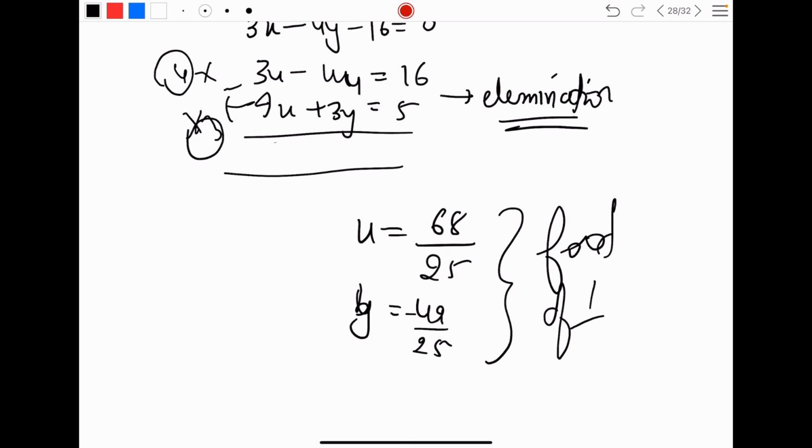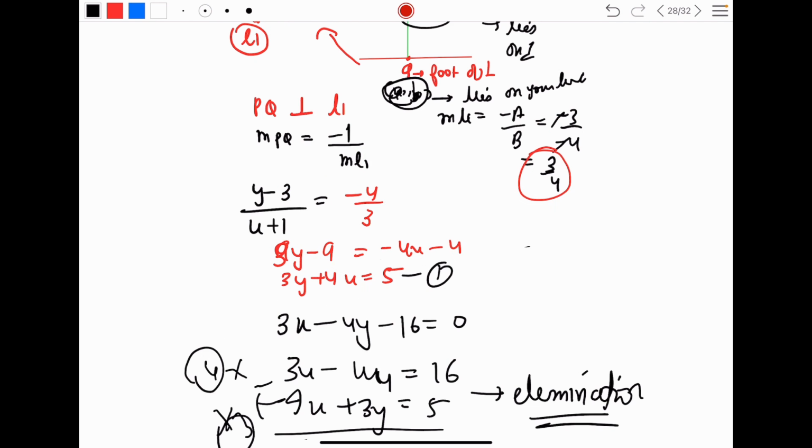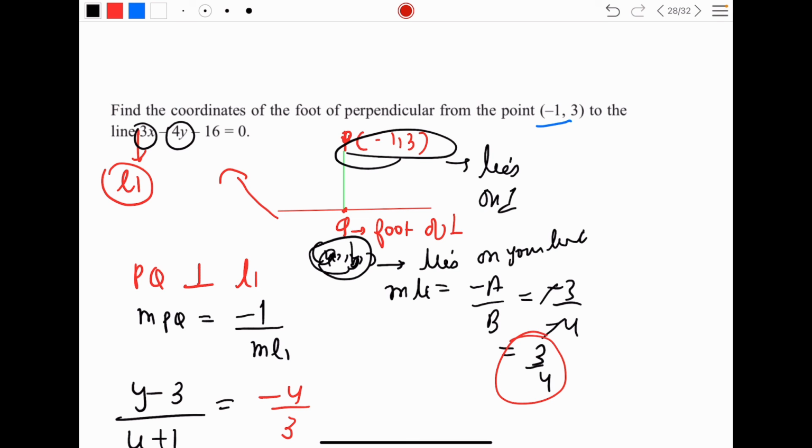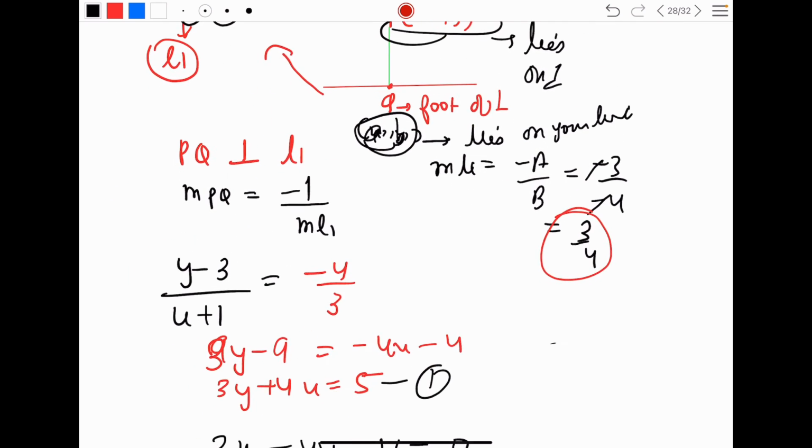The answer is not important here. The procedure is what I want you to understand. Just understand once again. Let me explain. We have a line and a perpendicular to it. The coordinates of the foot of the perpendicular are x comma y, or a comma b, whatever you want to take. The first thing you should know, this perpendicular and the line are perpendicular to each other. A perpendicular will always be perpendicular to a line. So the slope relation you can use, m1 is minus 1 upon m2. You find the slope of both of them and you equate them. You will get one equation.